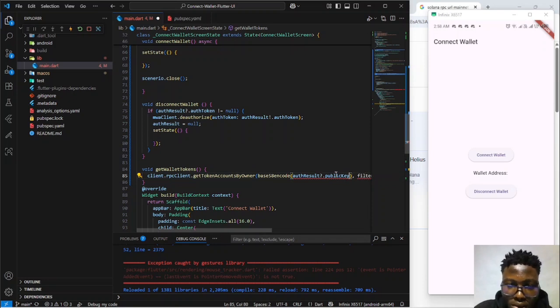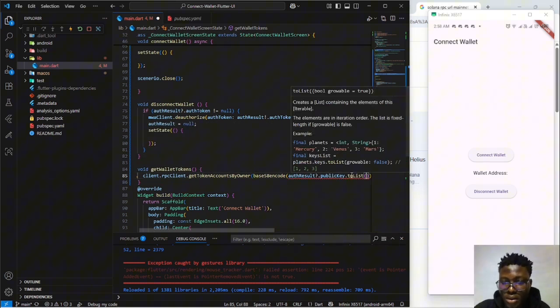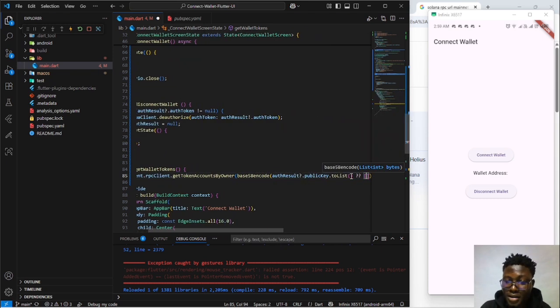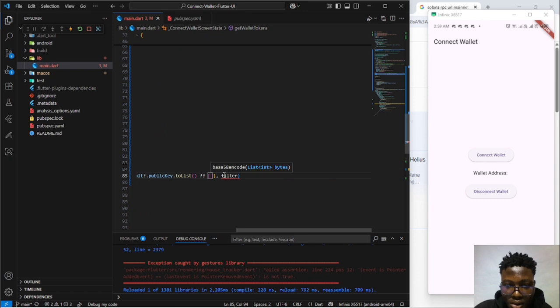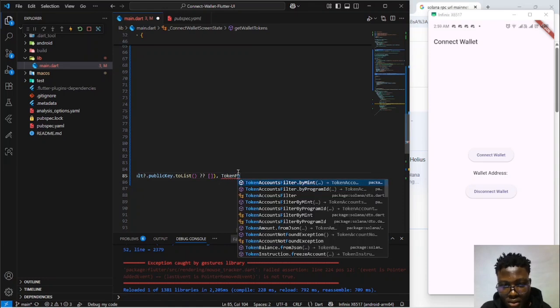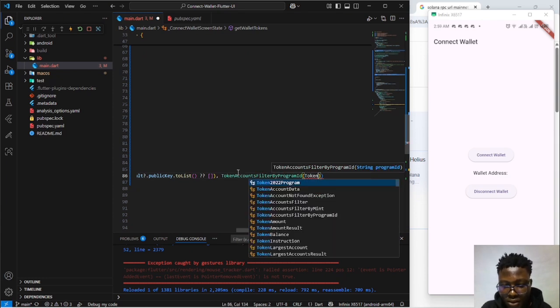What's this error? Minted lists dot to lists. Are you serious? Then for the filter, we're going to use none. Looking at account filter by program ID, we're going to pass the program ID